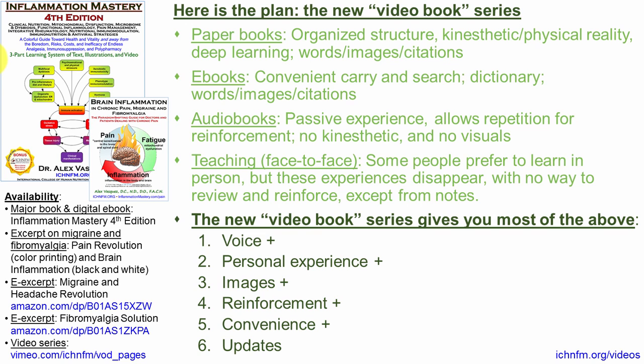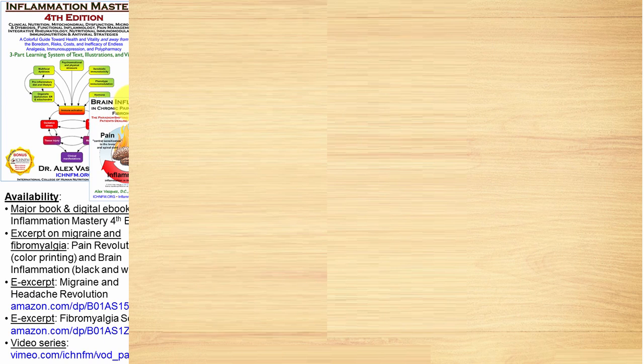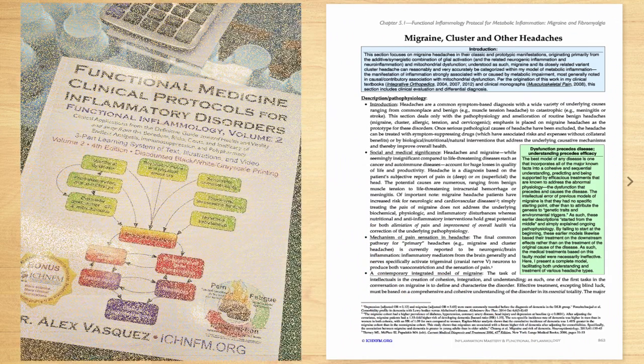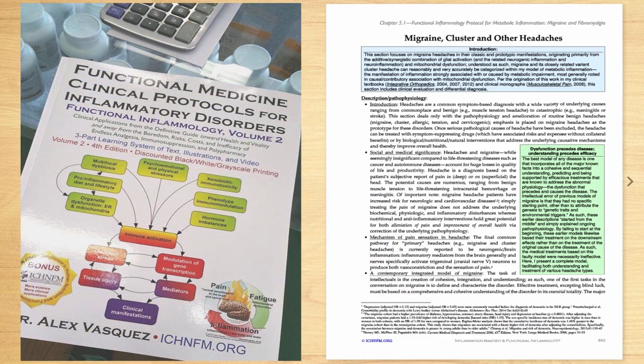In order to show you an example, we're going to look inside Inflammation Mastery at the section on migraine and fibromyalgia, which was also published as Pain Revolution in color and also Brain Inflammation in a discounted black and white grayscale printing. So what we're able to do these days is actually look inside the book,